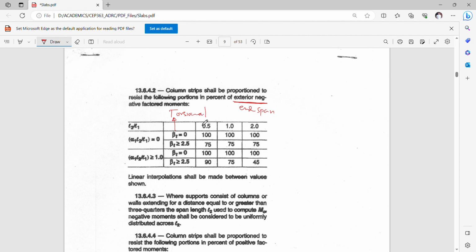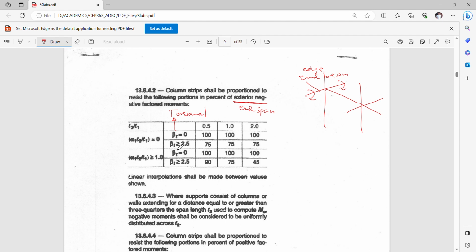And this end span has something to do with the fact that if you have here a beam, let's say this is the interior span, the edges here are capable of resisting torsion. This is now the end beam, or the edge beam. So this edge beam will now dictate the torsional